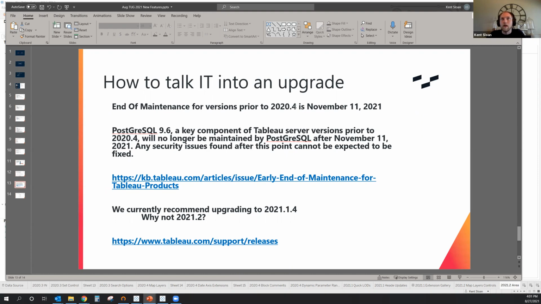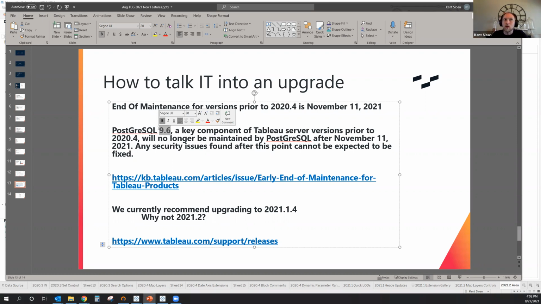The call out here is the big announcement is that Tableau is saying end of maintenance for everything prior to 2020.4 is November 11th. So if you're running a version older than 2020.4 by mid-November, the problem is that PostgreSQL, which is a key component of Tableau Server that's used to store and organize our objects, Postgres is no longer supporting that version of Postgres after November 11th.